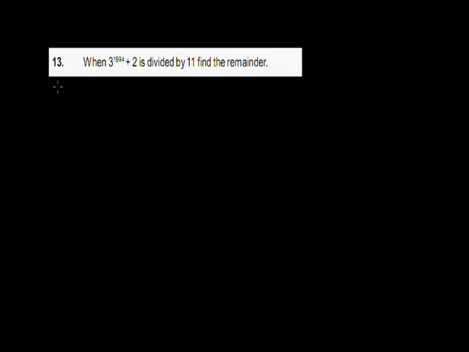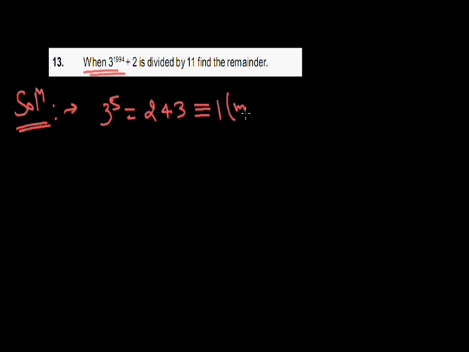Okay, so the next question, number 13, is: when 3 raised to power 1994 plus 2 is divided by 11, find the remainder. Let's see the solution of the given question. The value of 3 raised to power 5 is 243, which gives remainder 1 modulo 11. Therefore,